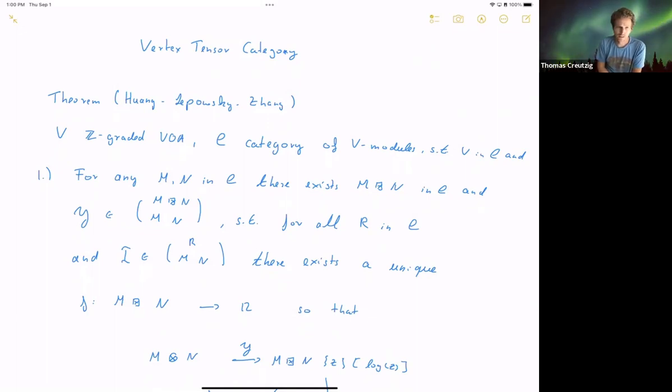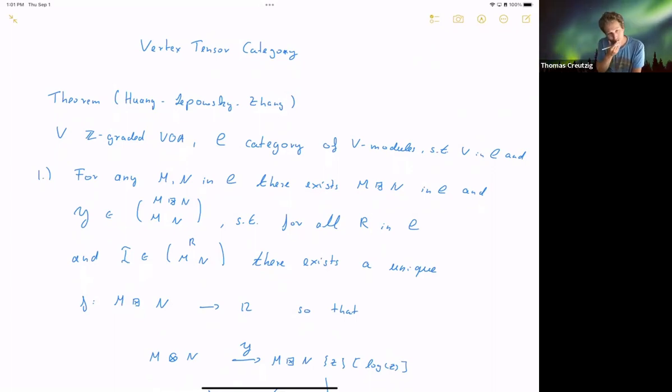And for that, it's more or less essential to know that you have a tensor category structure on it. It's definitely very important to try to understand in as much generality as possible under what conditions you have a vertex tensor category structure. And then once you have it, of course, you want to understand more. So then you would like to know what all the fusion rules are. You really want to understand whether the category is rigid. Unfortunately, that's usually quite a difficult problem. And then maybe you want to understand relations to other categories, etc.